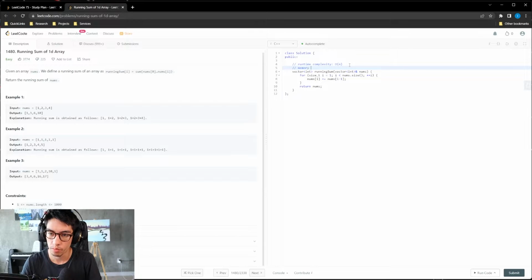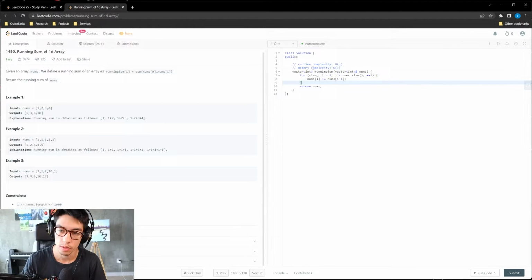In terms of memory complexity, it's O(1) because there's an addition operation and we're not consuming extra space beyond that of the original input.